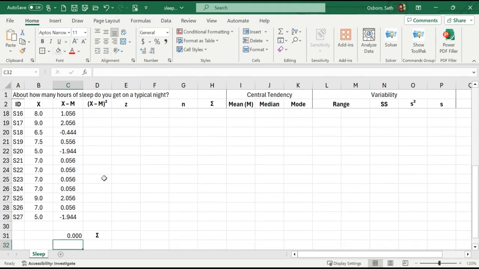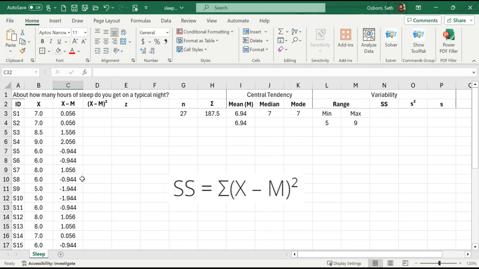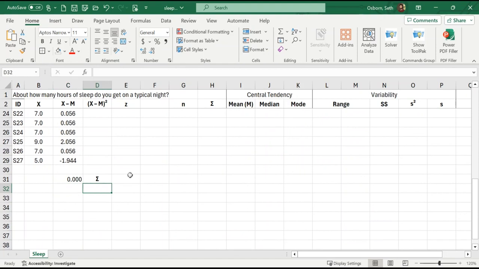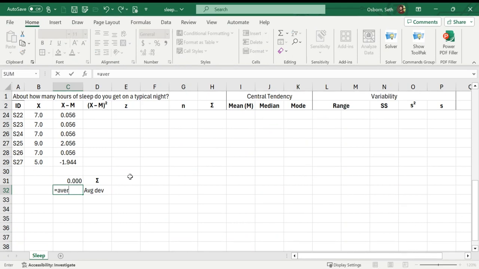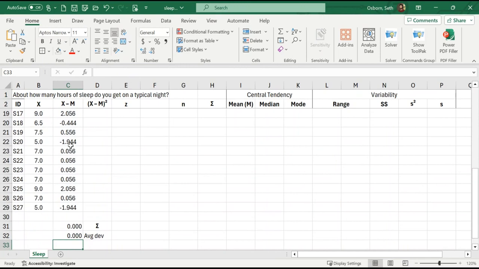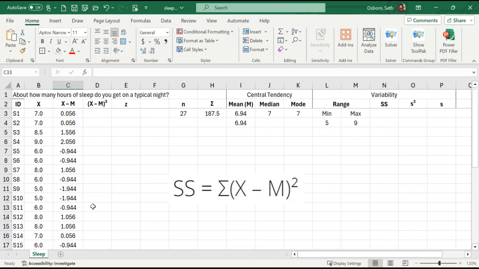That's because half the weight is above the mean and half is below the mean by definition, so the negatives and positives cancel out when we sum them. This also means that the average deviation will be 0. Let's check. Average of all these deviations, 0. So that's not a particularly helpful index of variability, and that's why we use sums of squares, variance, and